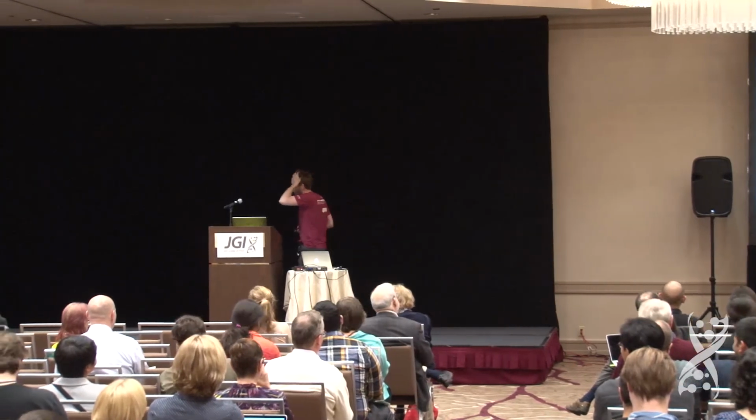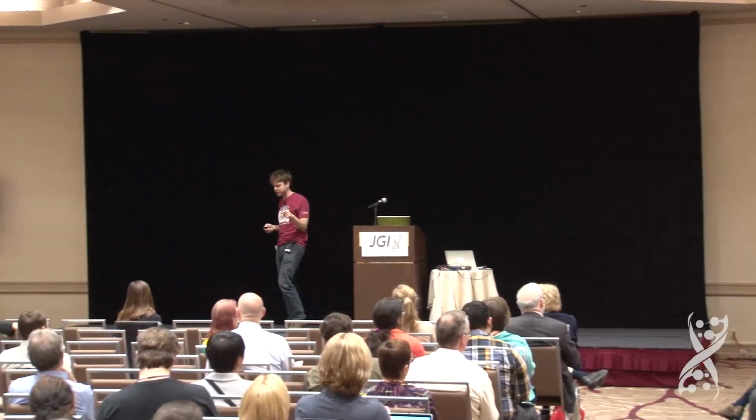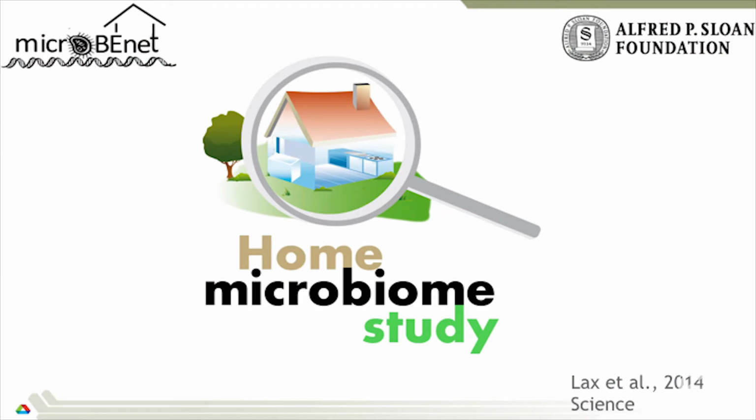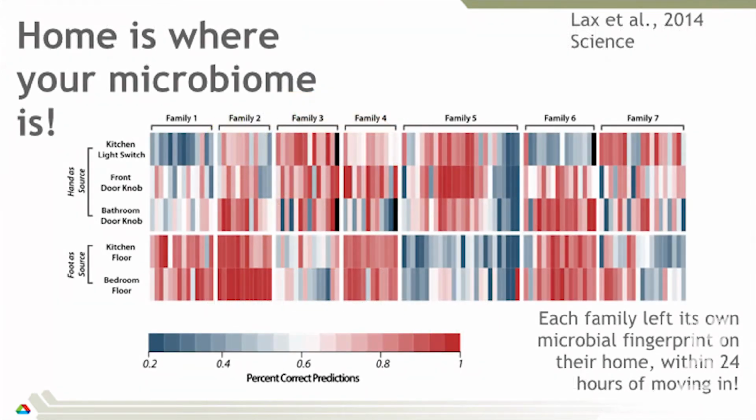So we wanted to look at how that impacted stuff, and I'm winding up because I'm not sure about time. So the home microbiome study was an effort to try and understand how that microbial interaction we shared with our space was manifest in this system. Pure ecology, but we wanted to understand that relationship. So we looked at families, and if it's red here, we were really good at predicting that the samples on, say, a floor came from that family. So the microbiome of a particular surface was highly predictive, in a lot of cases, of the family that lived there. And that was very interesting to us.